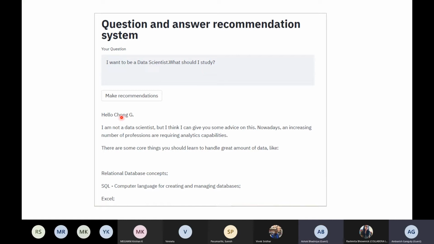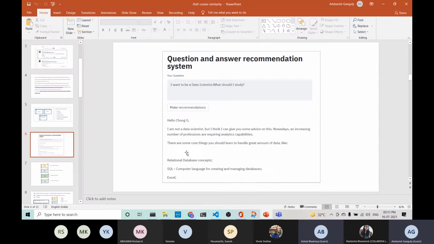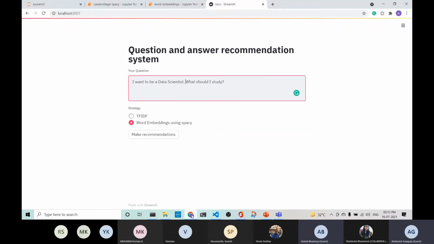But this would be a good thing, that from the knowledge base we can find these question answers. Okay, so I can show you how we are doing it. I've got this Streamlit app running, and in my app